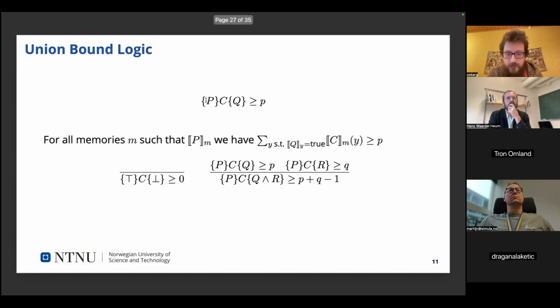Any questions about this before we go on to the quantum part? All right. Like I said, there's a bunch of other logics you can build on top of this. We also have logics that have two programs, which you can use to prove that they behave the same way.